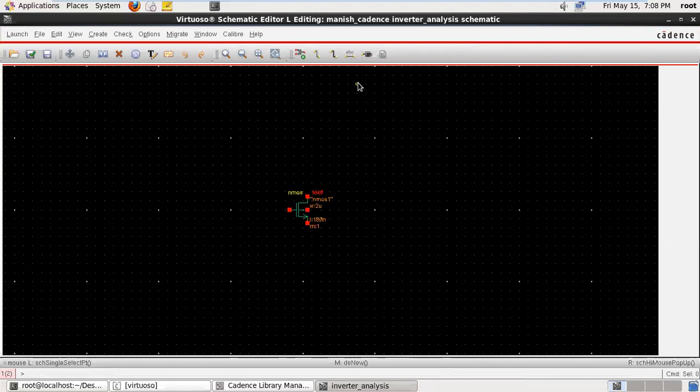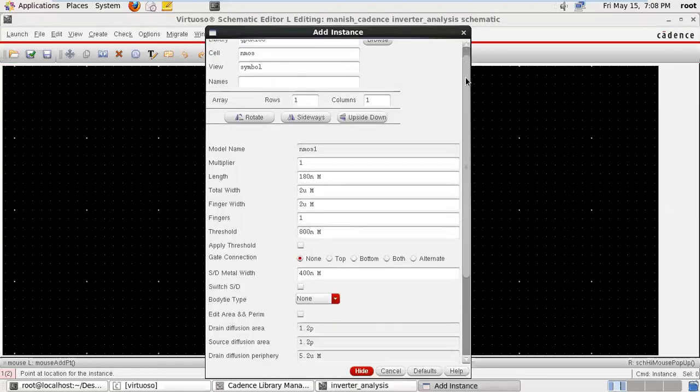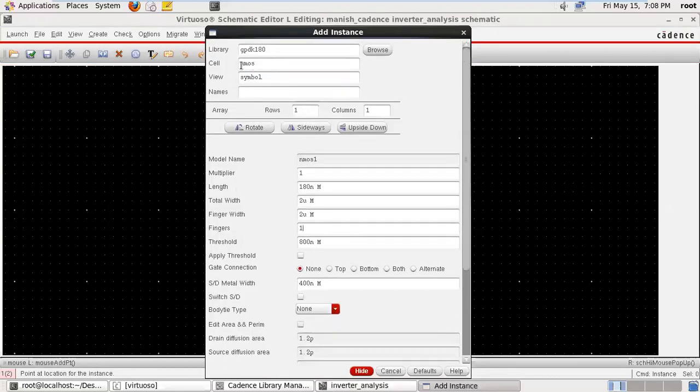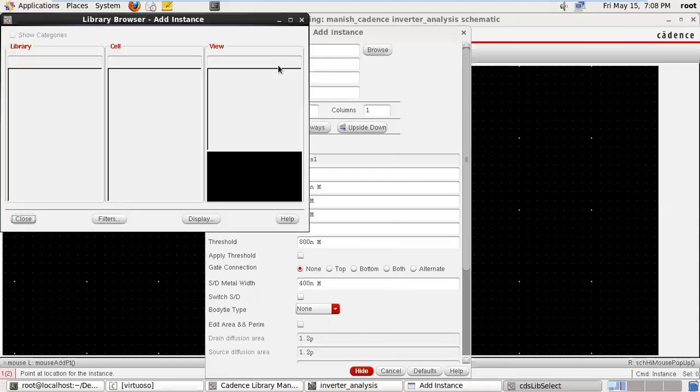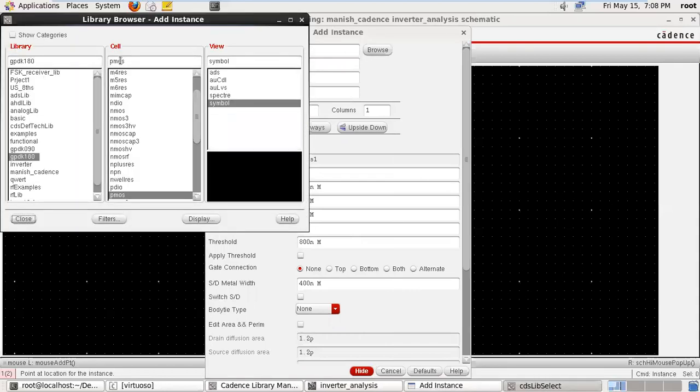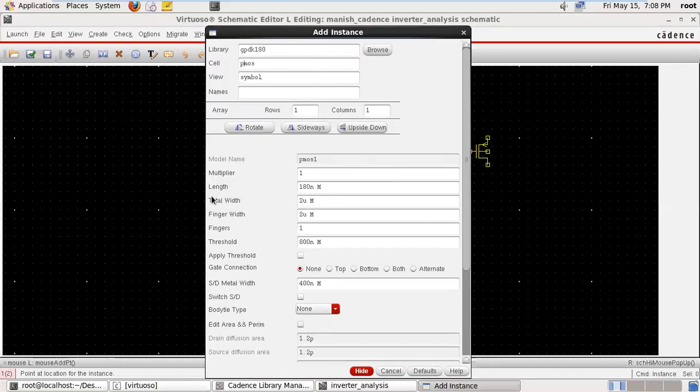Now we require a PMOS. Again go to instance. You can type here PMOS or go to browse. Same here, you can select here.